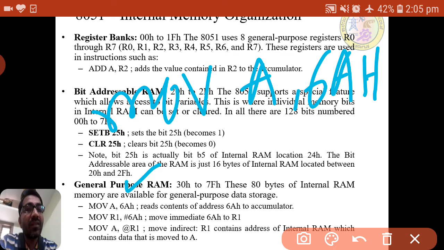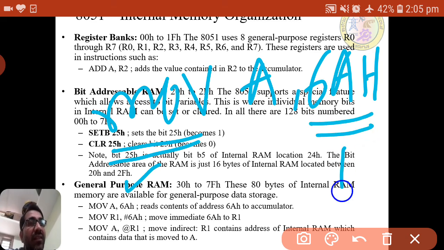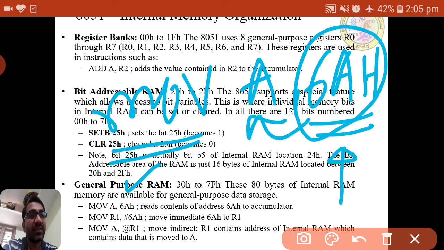It is not a bit address instruction. The 6A, H is hexadecimal, 6A is the memory address. The content stored at address 6A will be moved to the A register.